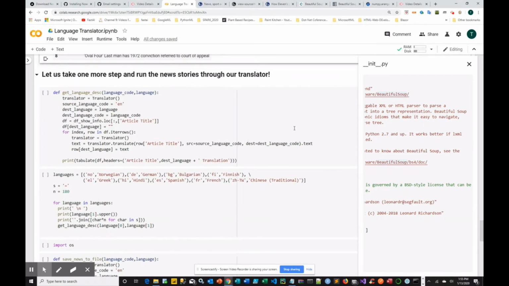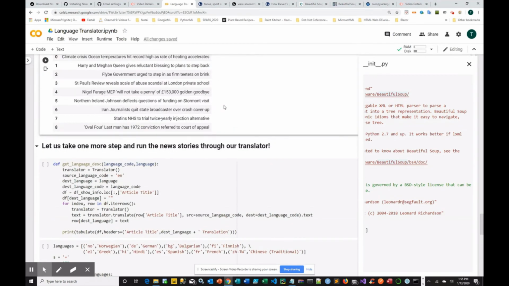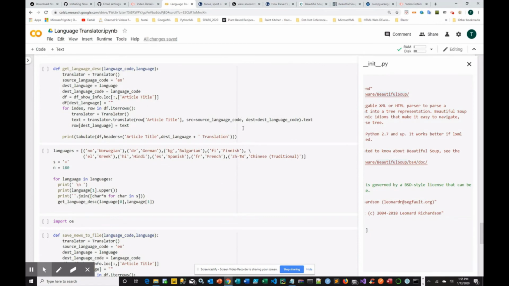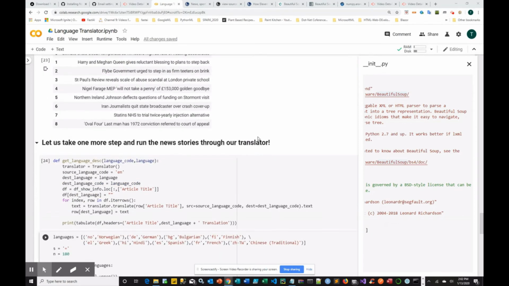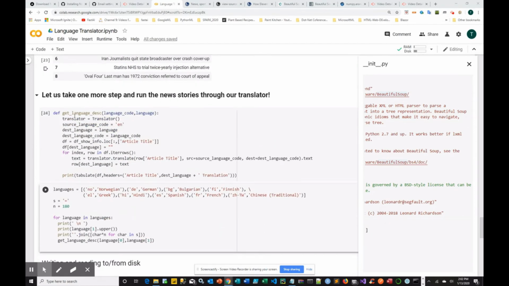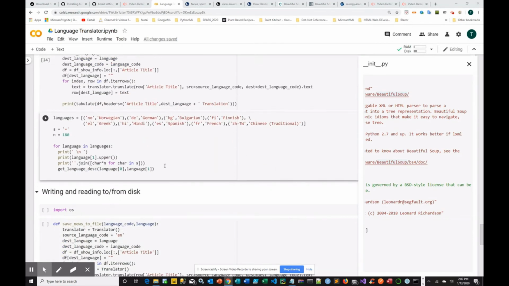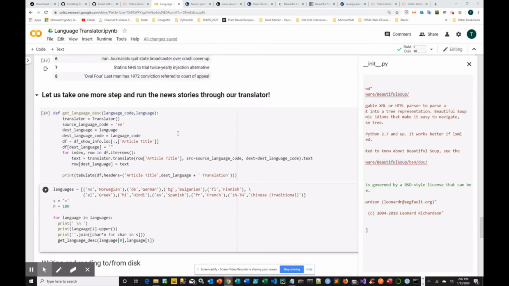So what we can do now is take those articles that we created and actually translate them. So that's what I'm going to do next. Okay, now that we got our articles here, the next thing I want to do is create a function that's going to do the translation. And then I want to set up some code here that's going to create a loop and translate the article